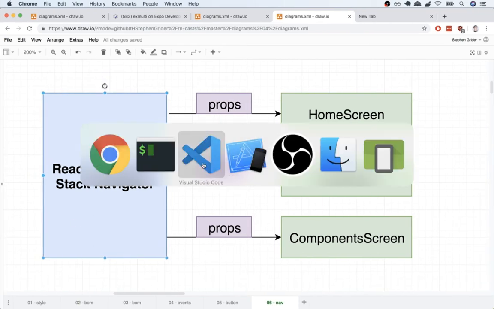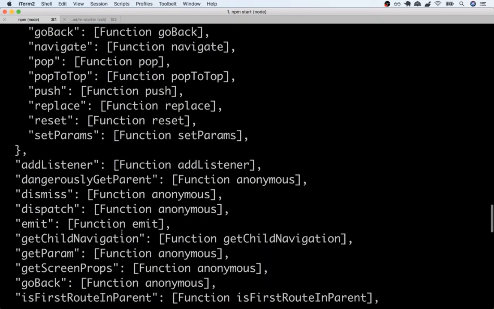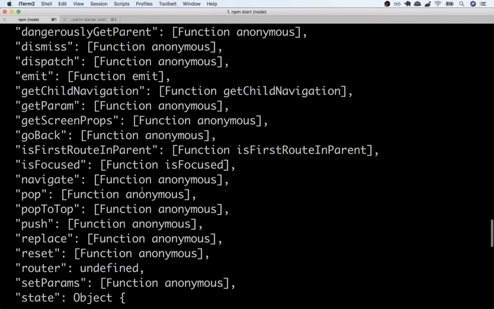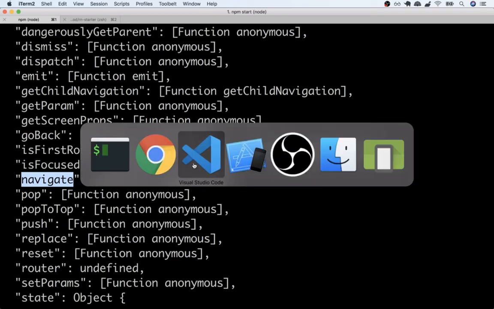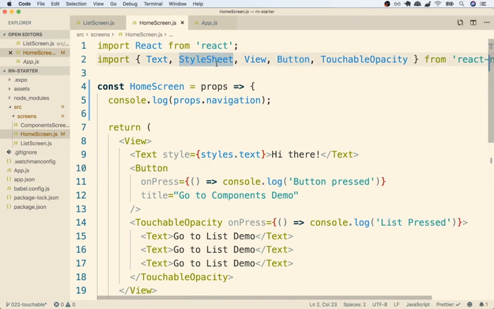All right, so with that in mind, if we now look really carefully inside this object, you'll notice there's one very specific property inside of here, and it's called navigate. Navigate is a function that we can use to change the content that is visible on the screen of our device. We can call this navigate function with a string. If we pass in a string that matches one of the different route names that are defined inside of our